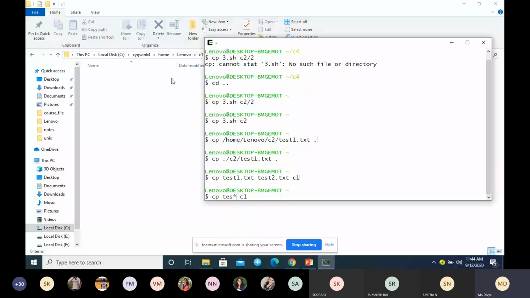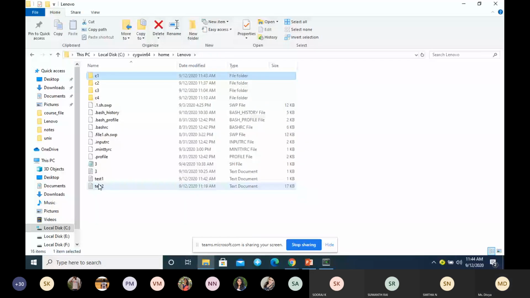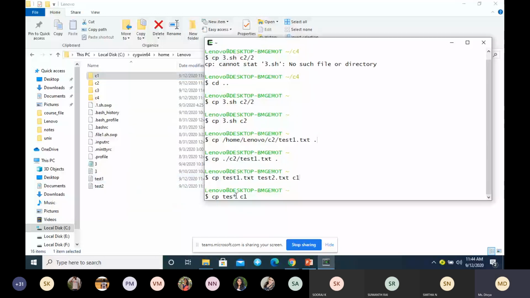There are two files which start with TES. test1 and test2 both start with TES, and star indicates zero or more characters. So these three characters are a must. Any file that starts with these three characters, and after that I can have zero or more characters. Star indicates zero or more characters.